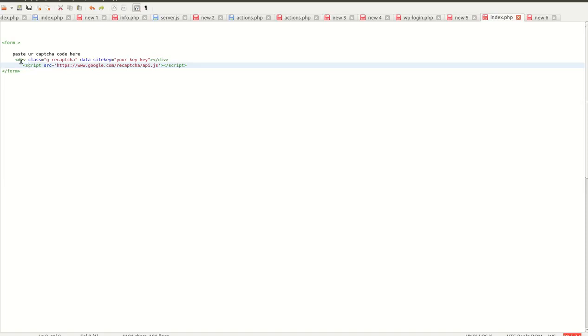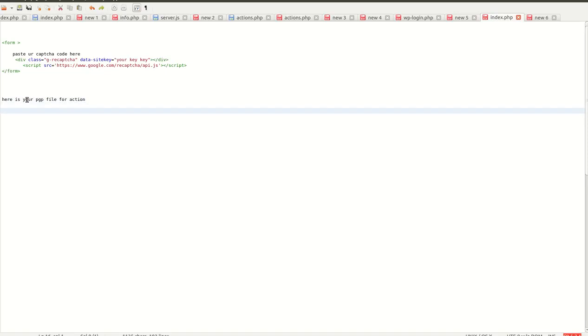So for this you need to add some code in PHP to check that the CAPTCHA the user has clicked is not expired and is verified by Google. So we will need to add some code in your backend, in your PHP file where your form is submitted. Okay, let's see how it will work. In your PHP file where this form is submitted, you have to add PHP code which will verify that the user has clicked a CAPTCHA, or that the CAPTCHA is expired or verified by Google or not. So for this we need to add some code. Okay, so here is your PHP file for action.